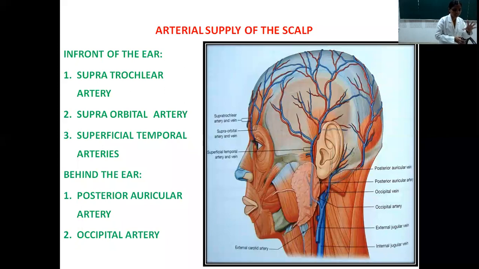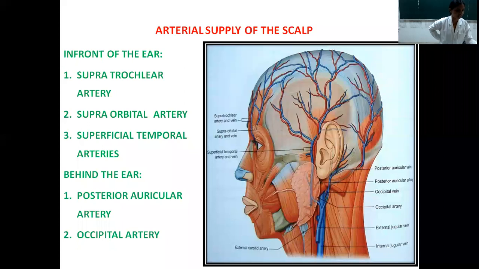Altogether, 5 arteries are supplying the scalp. The main branches come from the external carotid artery, and only 2 branches, which supply mostly the forehead, are derived from the internal carotid artery. So what is the arterial supply to the scalp? From both the external carotid and the internal carotid.